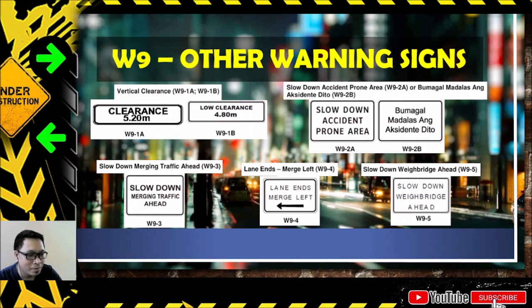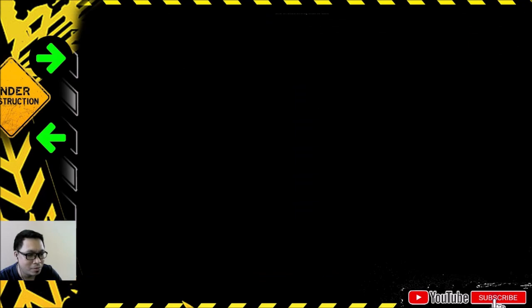Okay. Then we have other warning signs, which are intended for vertical clearance. Then we have signs for accident-prone areas. Then we have slow down for merging traffic. Then the rest, no? Okay, so that's the end of the